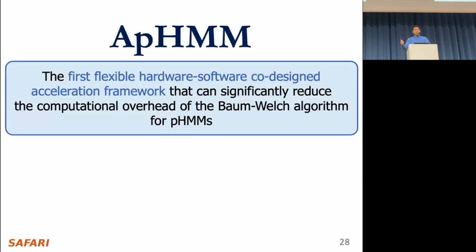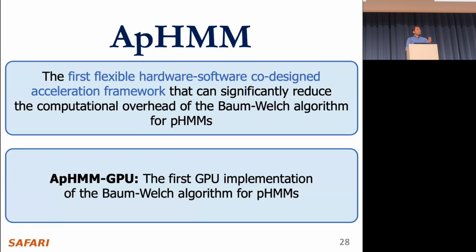And to this end, we propose APHMM, which is the first flexible hardware-software co-designed acceleration framework that can significantly reduce the computational overhead of the underlying Baum-Welch algorithm for PHMMs. And we also provide a GPU implementation of our software optimizations, which is the first GPU implementation of the Baum-Welch algorithm, again, for